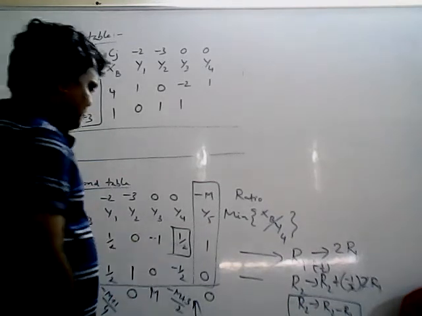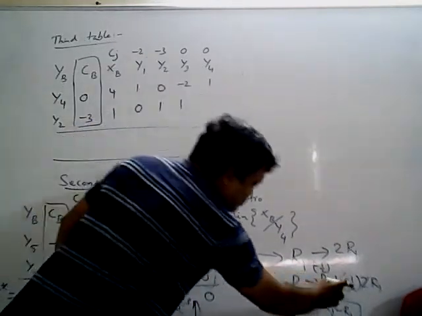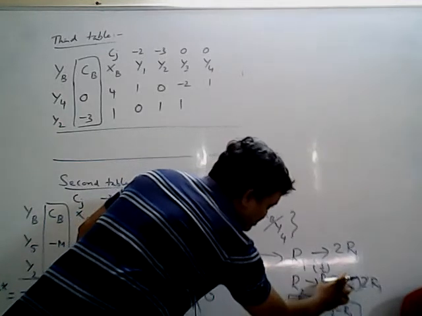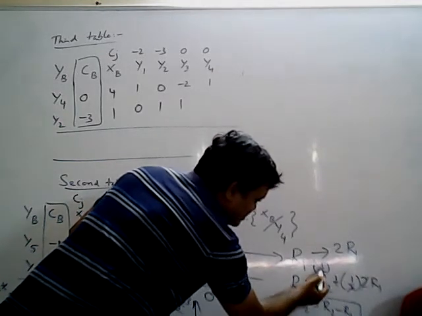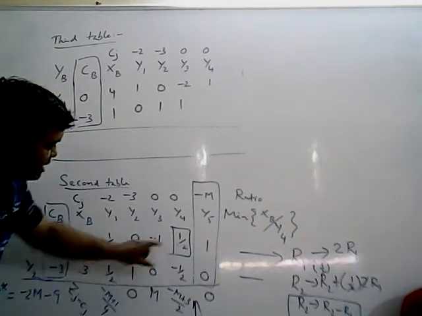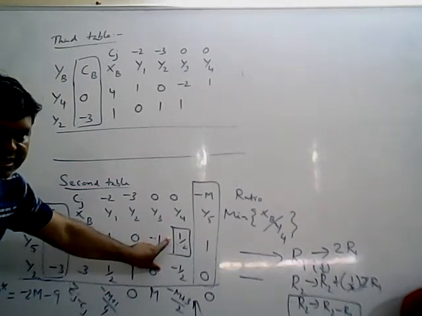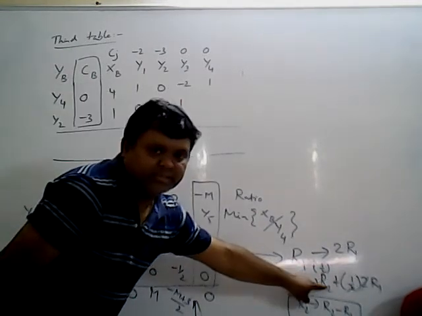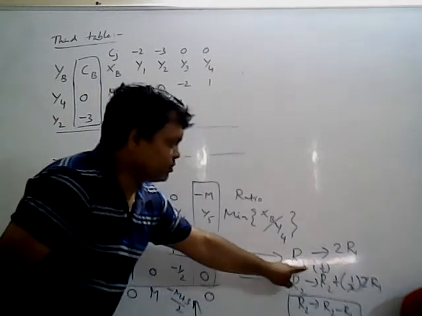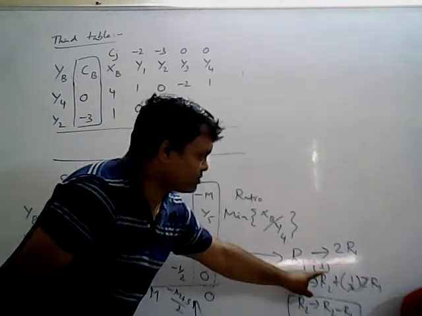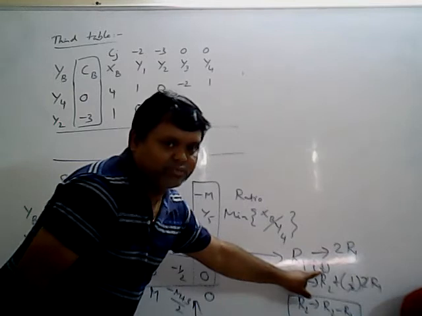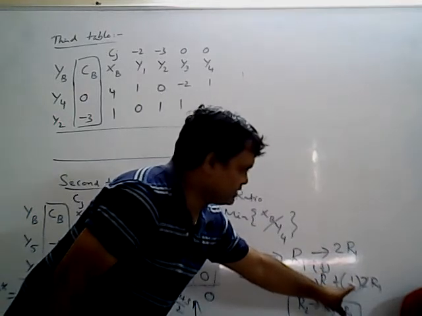You are not getting 0. That means we have done a mistake here. So only the value you have to consider, 1 by 2 only you have to consider. So plus R2 value is 1 by 2, because I have already considered the opposite signs. I am putting plus. Already I am considering the sign. Again, don't consider the sign. So what is the R2 value? R2 value is 1 by 2 only. That 1 by 2 should be multiplied here, that means the 2 gets cancelled.